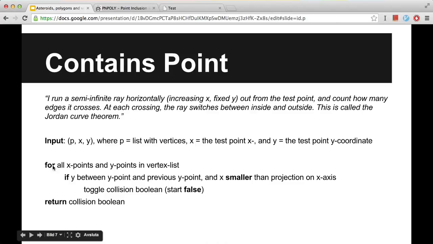So basically what he does is he loops through all the points in a list of vertices, and then he checks if the y value of the test point is between the y point and the previous y point in the y points of the vertices, of course. Then he checks if the x, I think it has something to do with the projection of the difference in the x of the line on the x-axis. And then he switches a boolean from inside to outside each time he crosses the line, or from outside to inside. He toggles it between the different states. And that's basically the